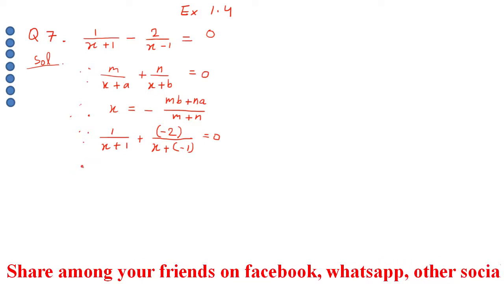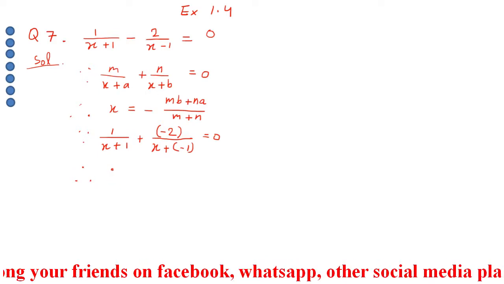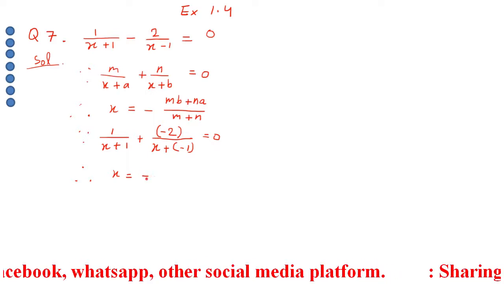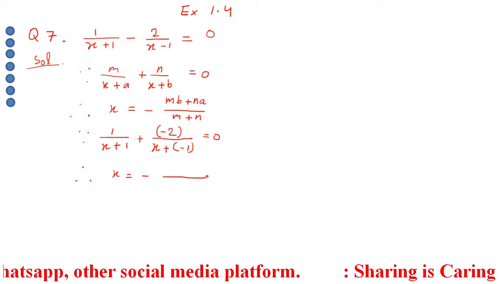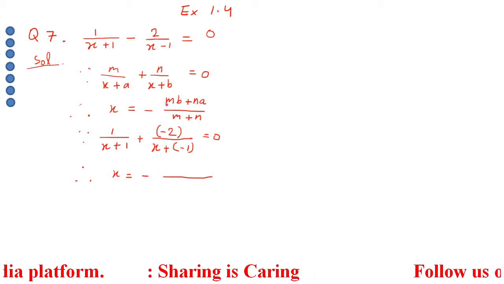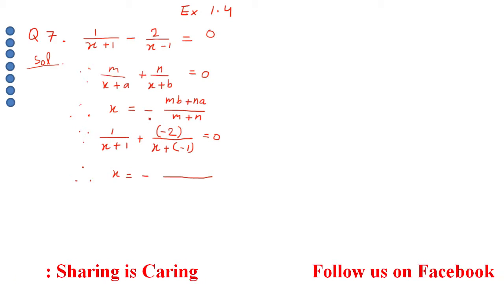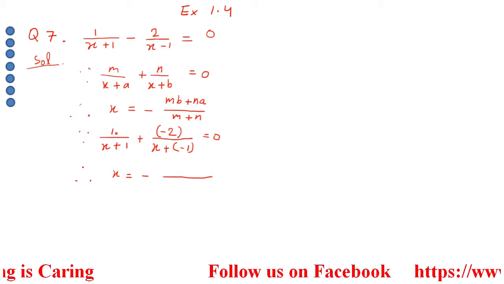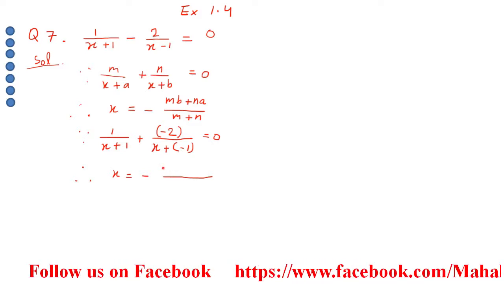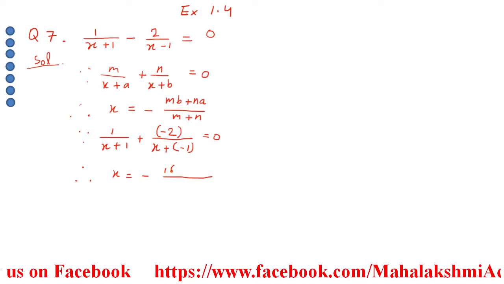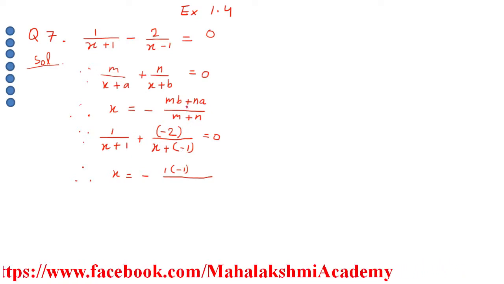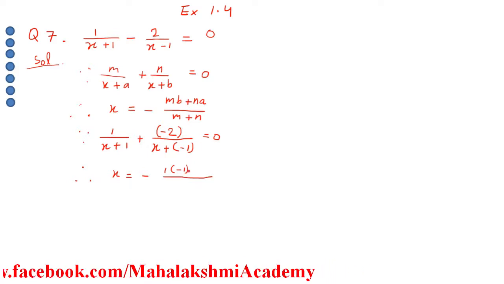Now, by the Paravartya-Yogyat method, the solution of x is going to be first a minus sign, because this minus is already available to us in the formula. Then what do we have in the formula? m b. m b means m and b. So what is m for us? m is 1 and b is minus 1. That's why m b means m multiplied by b, that is 1 multiplied by minus 1. Then in the middle what sign do we have? Plus sign. So put here a plus sign.